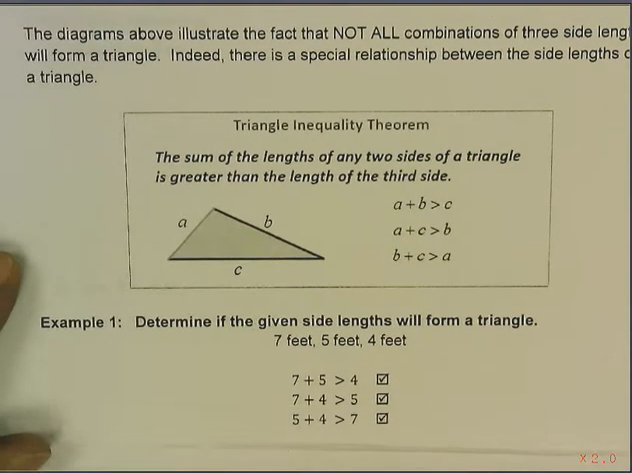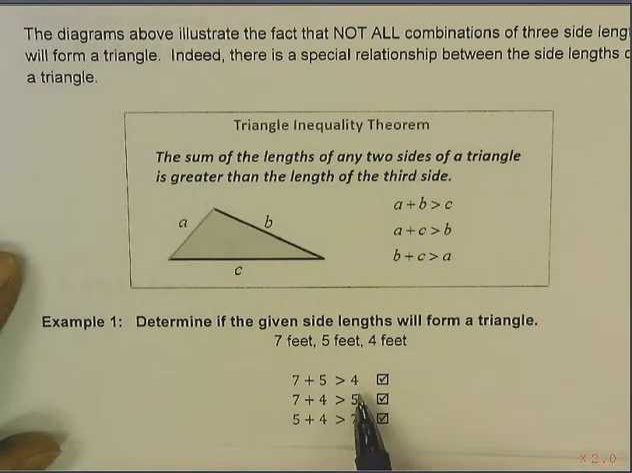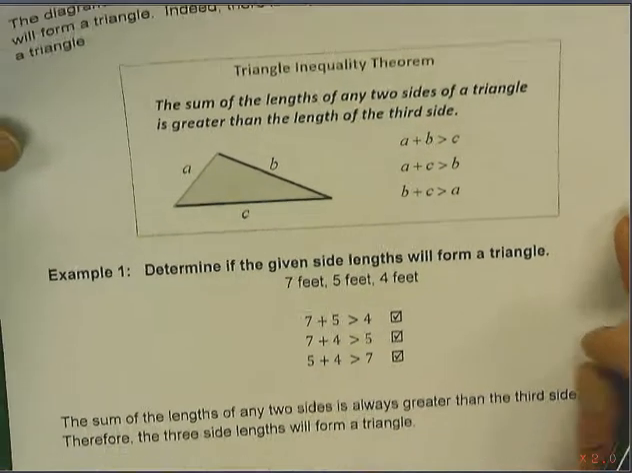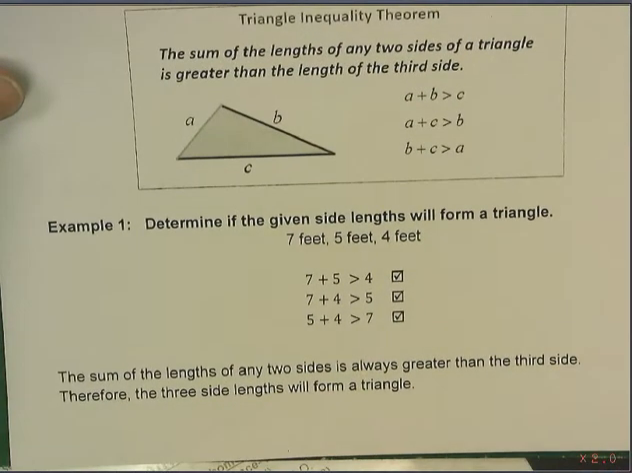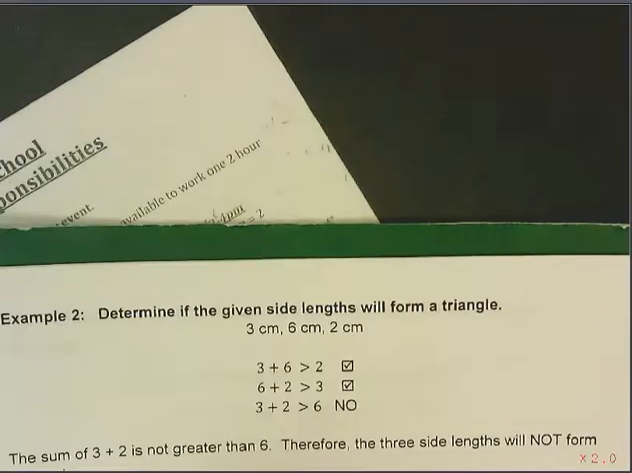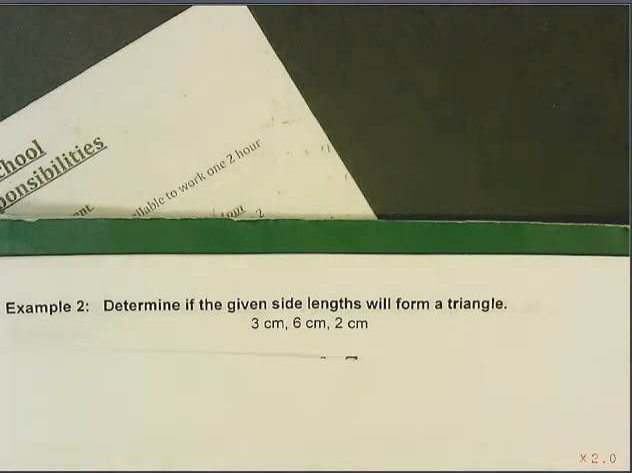So you would want to show something like this. 7 plus 5, yes, it's greater than 4. 7 plus 4 is greater than 5. And 5 plus 4 is greater than 7. All 3 of them are true, and since all of them are true, you would say, yes, it's possible to form a triangle. Okay? Just remember to justify showing those steps. All right, and the next example,